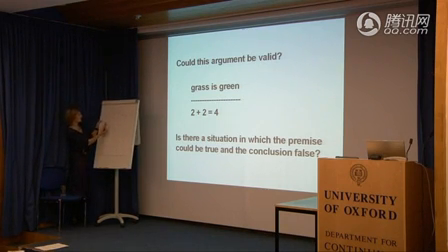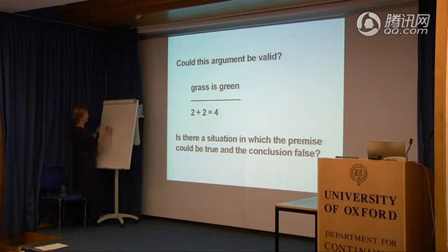Okay, this is the world in which Q is true and P is true. What's the truth value of P and Q in this world? True, good, well done. Okay, this is the world in which Q is true and P is false. What's the truth value of P and Q in this world? Brilliant. Okay, this is the world in which Q is false and P is true. What's the truth value of P and Q in this world? And here's the world where P and Q are both false. What's the truth value? False again. Okay, so we had true, false, false, false, didn't we?